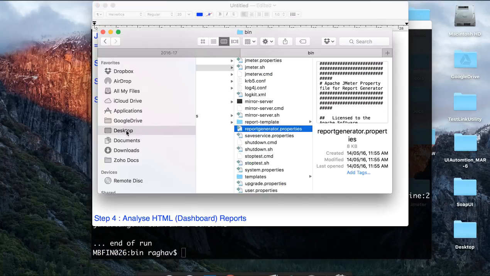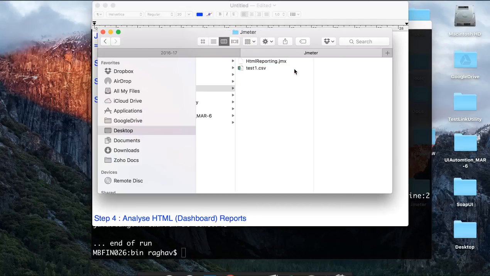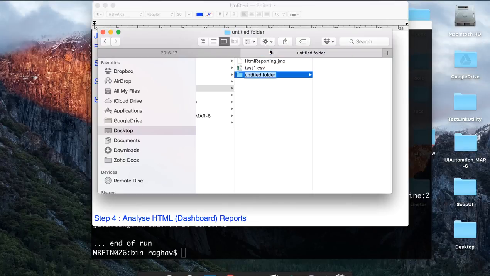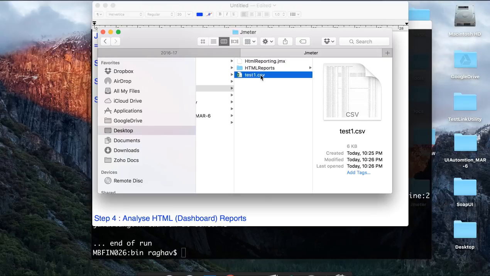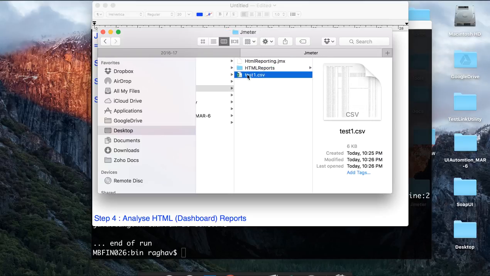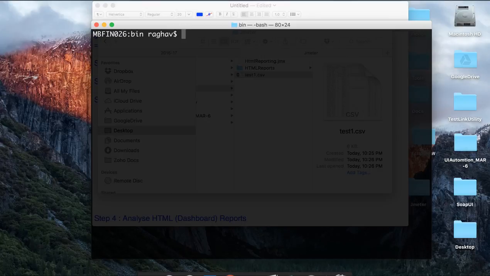Let me go to desktop jmeter. Let me create a new folder here. I'll again name it HTML reports. This is my already existing CSV file, which is test1. I want to use this CSV file and generate HTML dashboard reports using the results in this file, right? So let me say sh jmeter